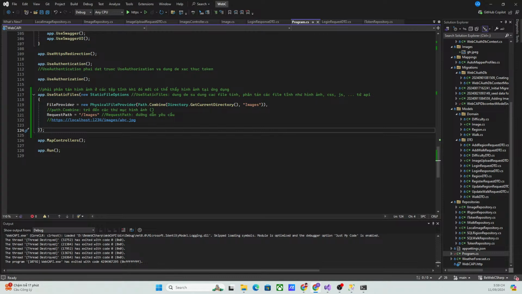With that change, we are able to upload images using our API, and we are uploading images to a local repository or a local file structure inside the API. So with that, the image